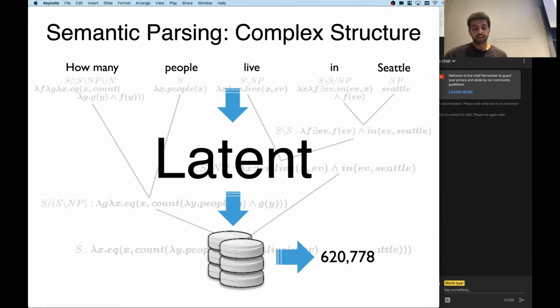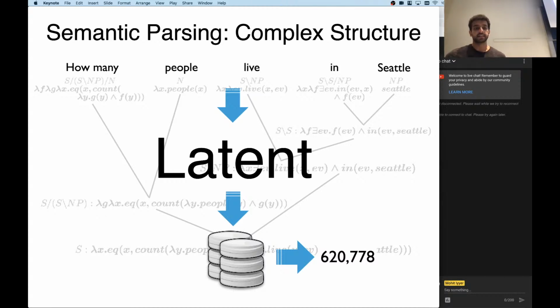So the interesting learning challenge becomes, what if you just have the natural language question and the expected output after executing the instruction, but you don't know what the correct logical form is? Can you still have some model that learns some sort of latent structure